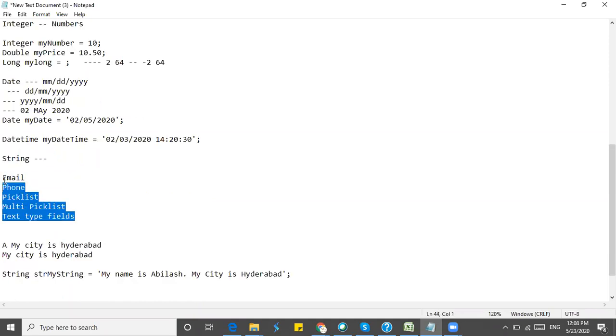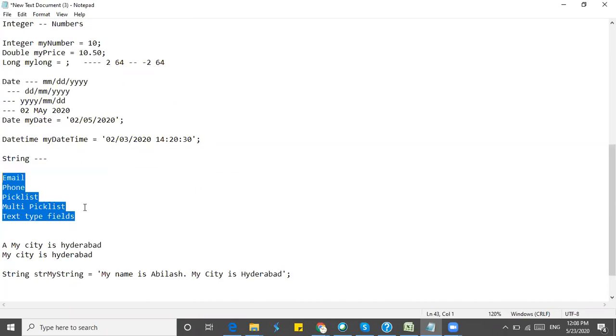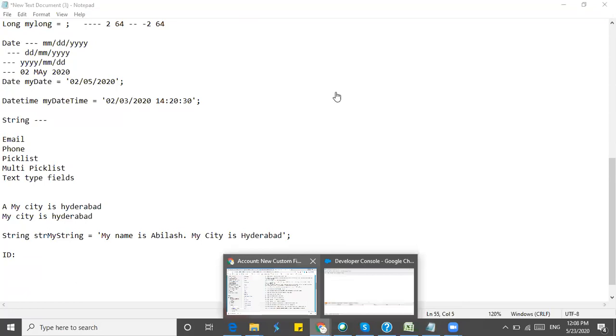And also we have something called ID. This is also another type. ID is a unique identification in Salesforce. If you created a record, this is a single record, and a unique ID will be given to each record in Salesforce.